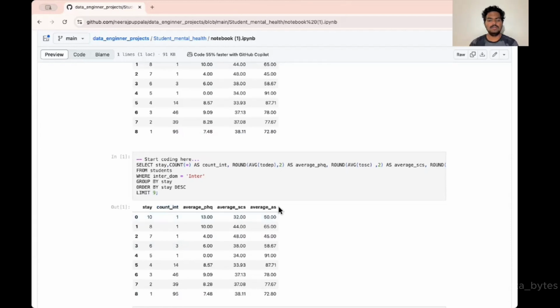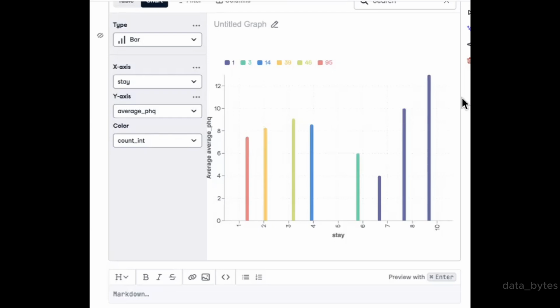So now let's analyze this data using a bar graph. Now let's look at the bar graphs and analyze the students' mental health data. So first I'll be comparing the stay with the average PHQ, that is the average depression score. Then I'll be moving on to the next ones. So if you look at this graph, you can see the